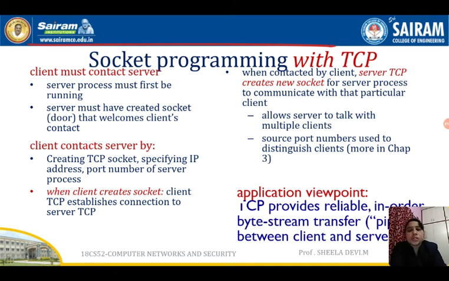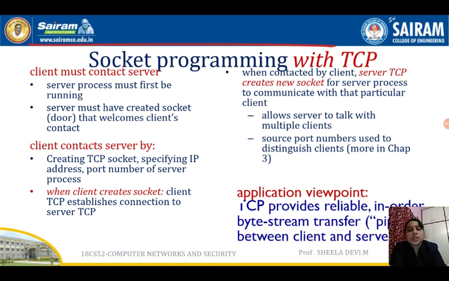The only difference between TCP and UDP socket programming is that in UDP we have only one socket, but in TCP the server will have two sockets. One socket is for welcoming the client and the other socket is for communicating the data between the client and the server.